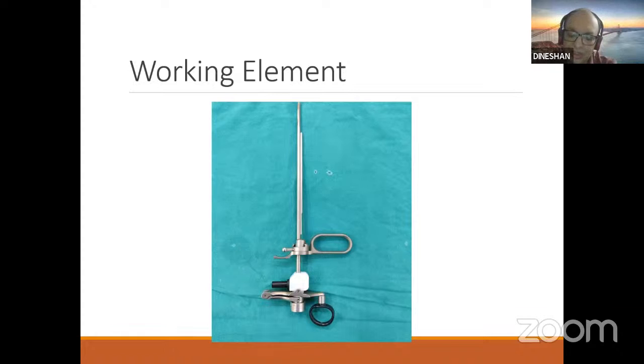The diathermy pillars, you can see the black pillar there. This is the type of single stem working element where you can see this pillar here where your high frequency cord is attached. And for a single stem loop, it is coming to somewhere here. It is getting attached to this area.